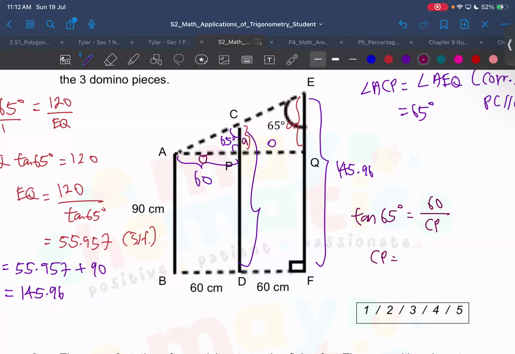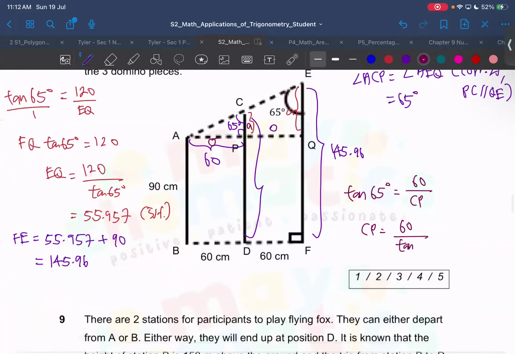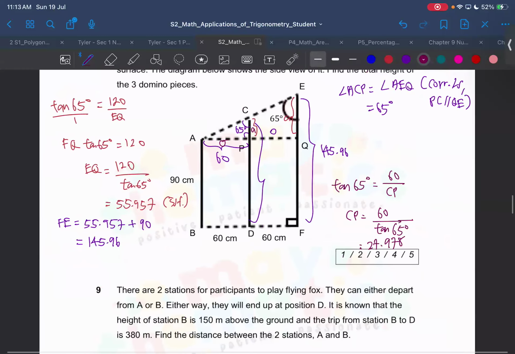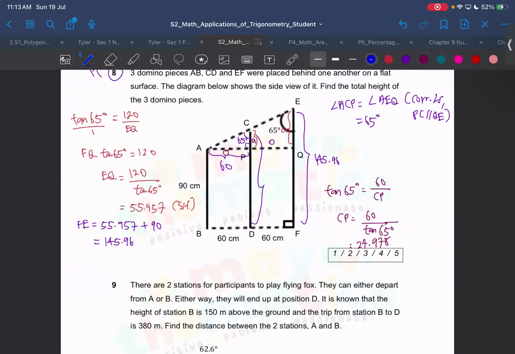So CP will be 60 divided by tangent 65, which equals 27.978. Okay, so now we can find CD already. Just add my 90. Then you should get